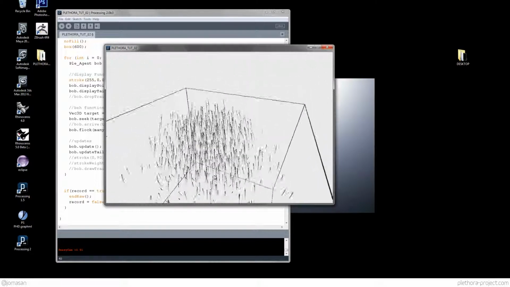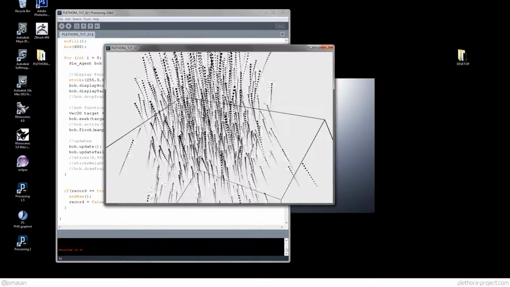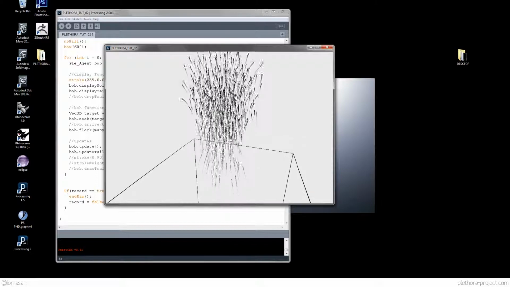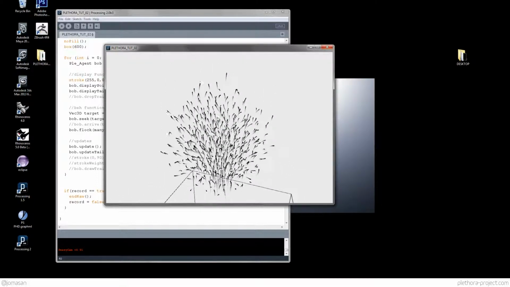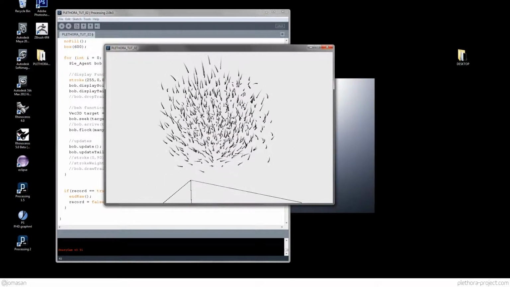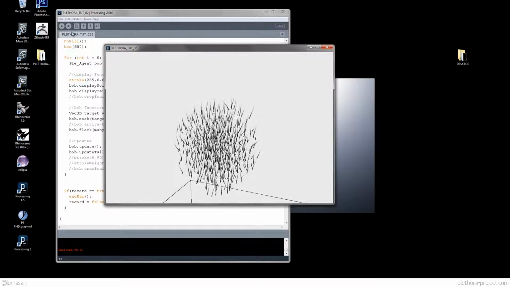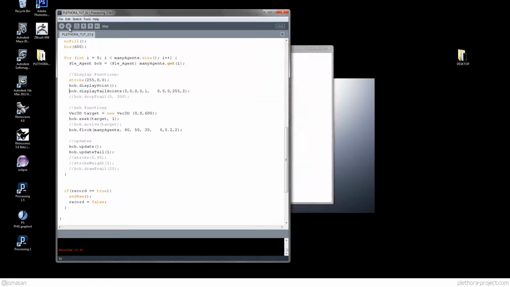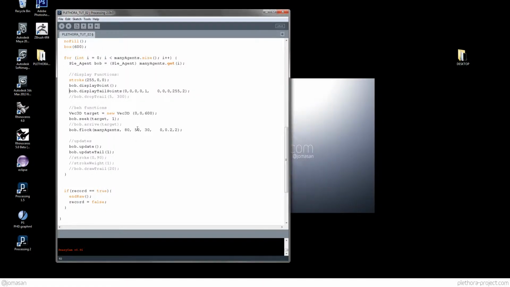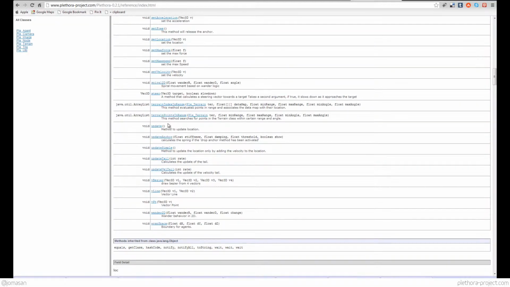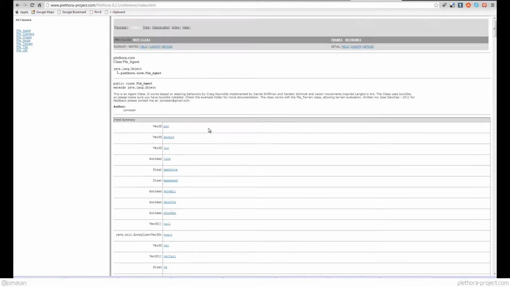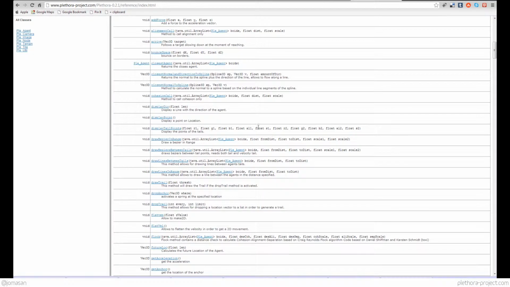And you see that we have this kind of swarming behavior, going up and then reaching a point and then swarming around that area, right? So what I'm going to show in this tutorial is a few features about connectivity. How does the library handle something like connecting lines between agents, right? So if you go to the documentation of the library, we could start looking for